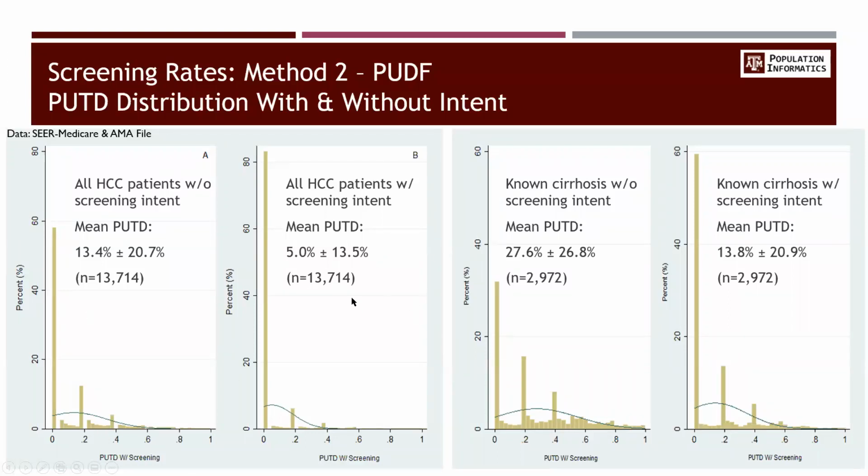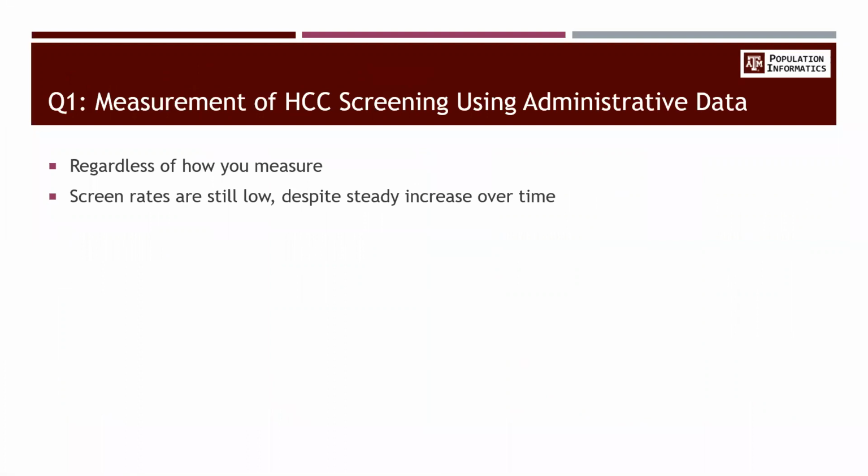This is the full sample, this is the known cirrhosis sample, right? So again, this is without screening intent, this is with screening intent, so you're dropping those things that you thought were screening that are not, but the general trend is the same. No matter how I turn it around, the general trend is there. And you're really looking for that general trend to see that's the information I am trying to extract to tell